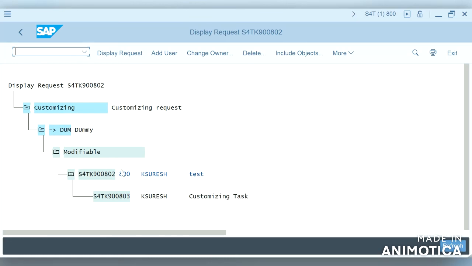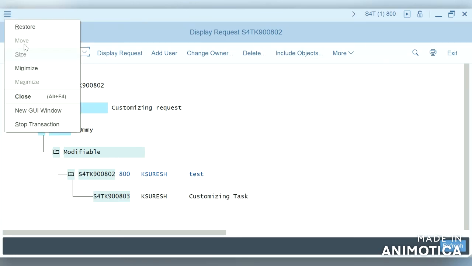So once we do the changes, I want to show you one thing. Let me move on to the new screen and show you.